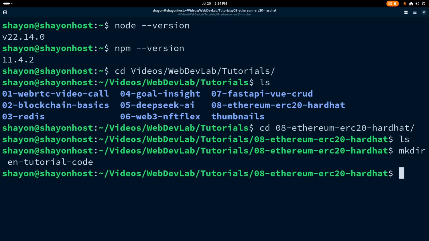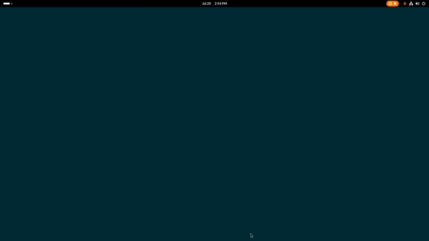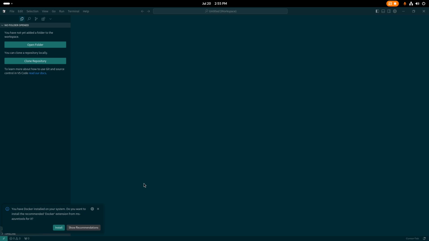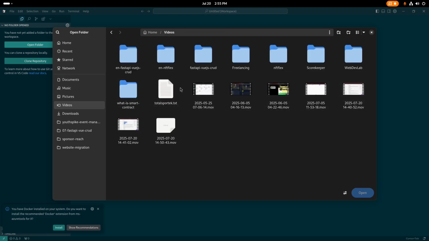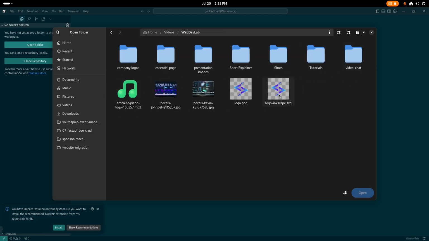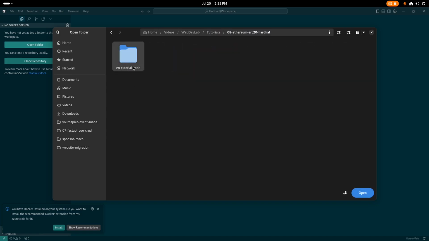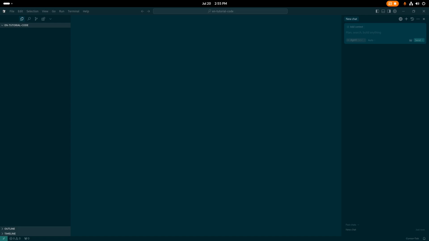code. So I'm going to open it with my Cursor AI. If you are using Visual Studio Code or any other code editor, that is totally fine. I'm going to open the folder I have created earlier. So let's do it. Videos, inside videos, web dev lab, tutorials, 08 Ethereum. Okay, this is the folder we just created. Initially it has nothing, so I'm going to